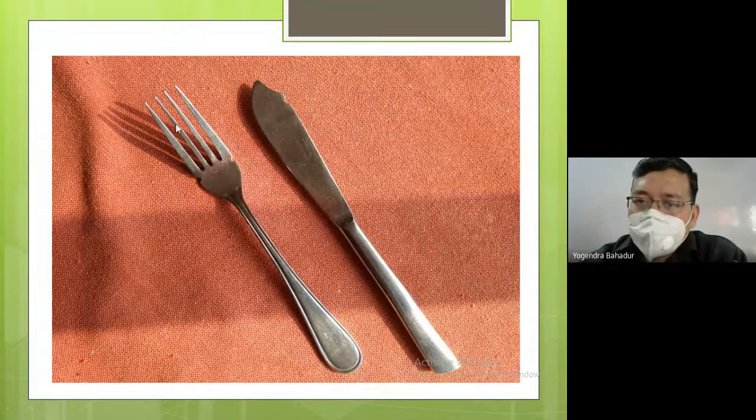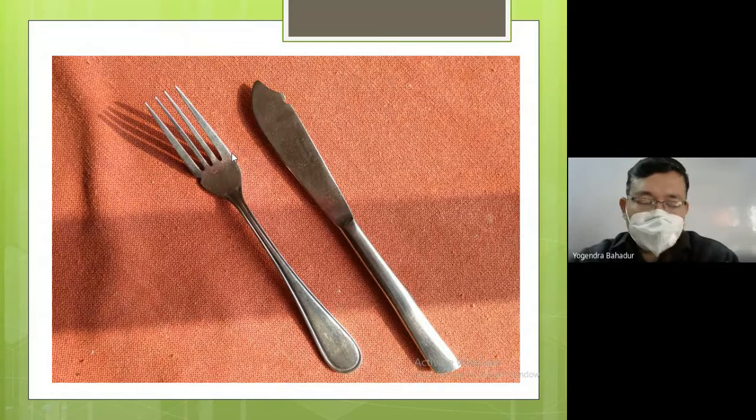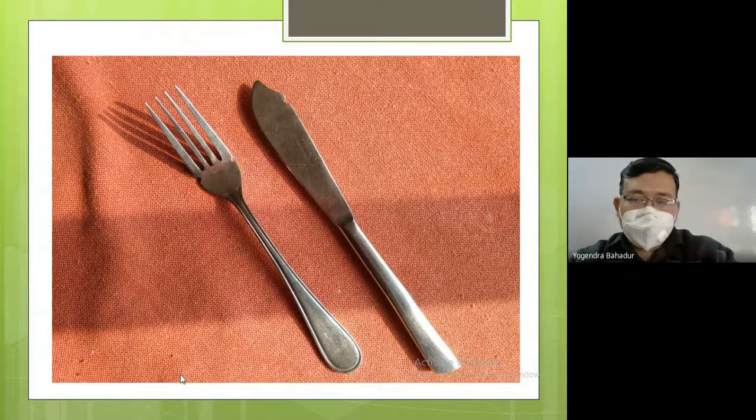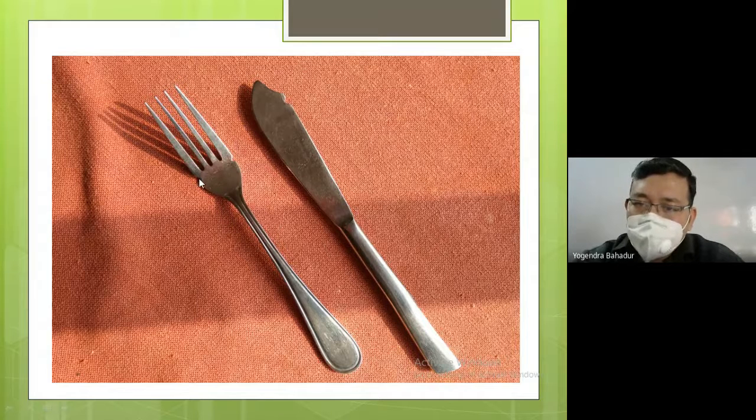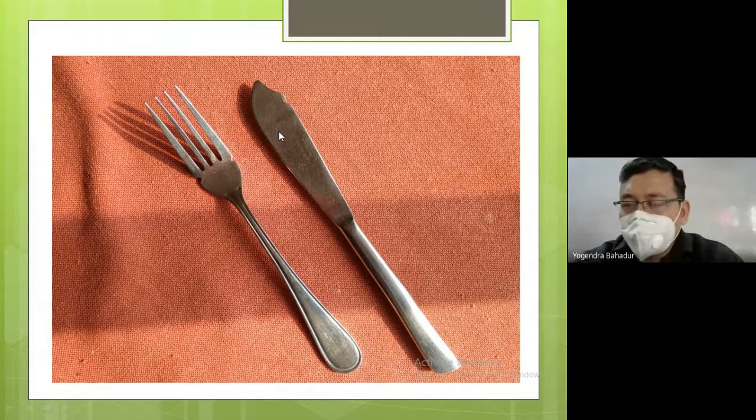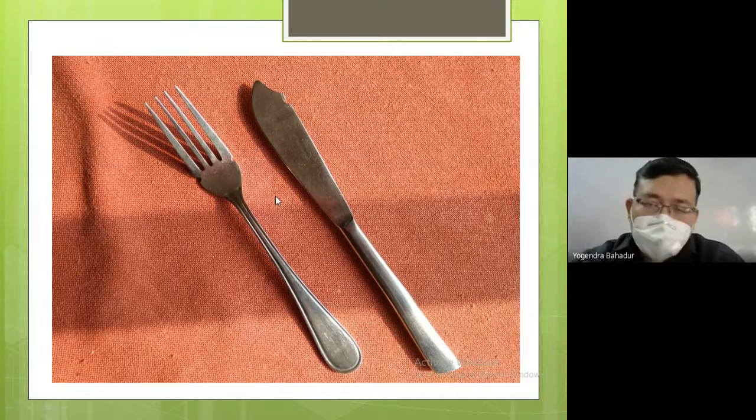Similarly, there is a combination of fish fork. How are you going to identify the fish knife and fish fork? I am showing you through the pointer. You can see there is a cut mark on the top, the end of the knife. Likewise, on the fork you are going to see two cut marks. This cut mark is used by the guest to hold the bones while having the fish. So that's why this cutlery is known as the fish knife and fish fork.